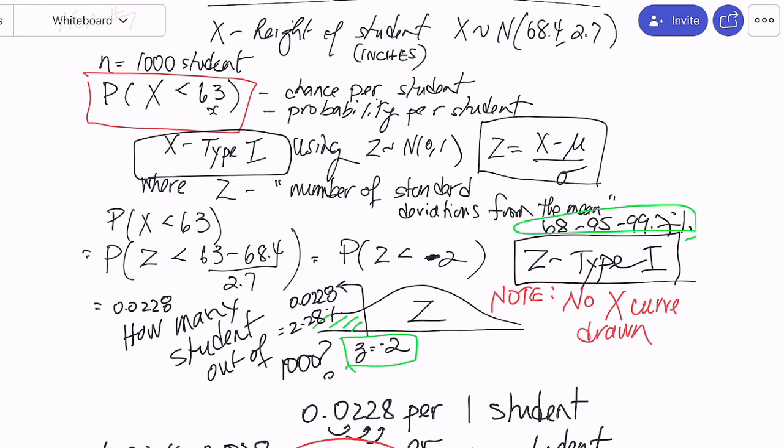Well, out of the options, A was 997, B was 477. No, it's 977. C was 228. You see how they mess with you with these options? You can see how many ways you could have gone wrong here. And then 23. The best answer for those options is 23.